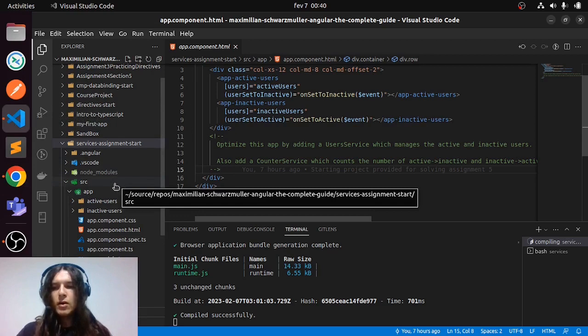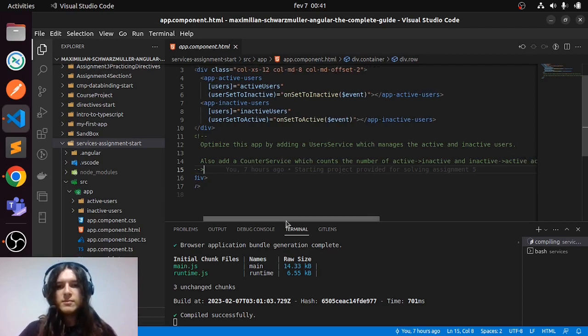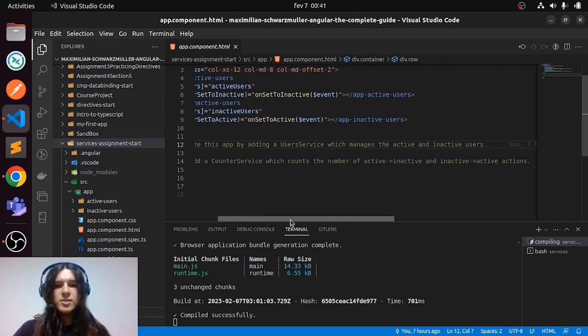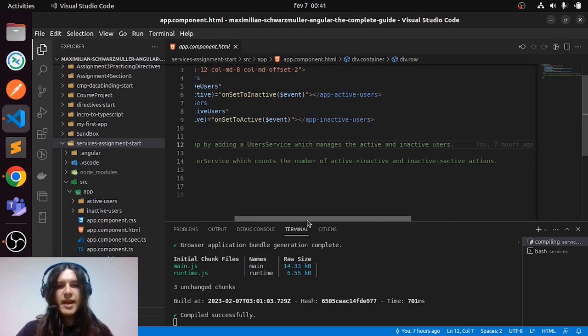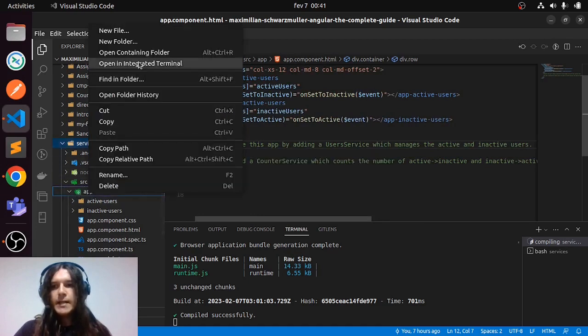switch working from event binding and property binding to services. We will control our data and some of our main functionalities with services. So let's go. Step 1 is to optimize this app by adding a user service which manages the active and inactive users. I'll start out by creating a new folder